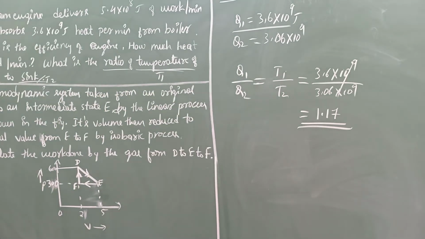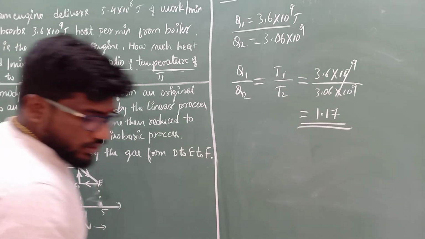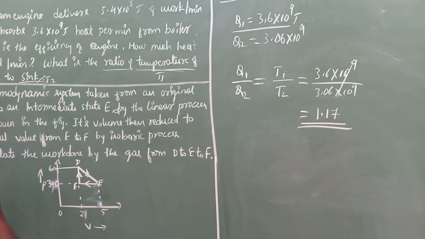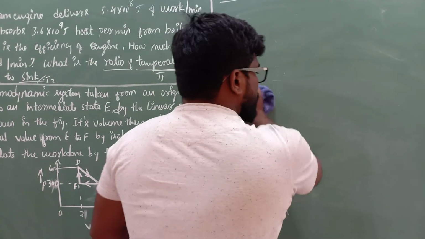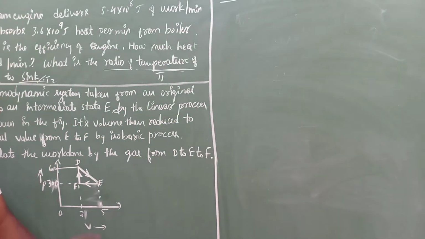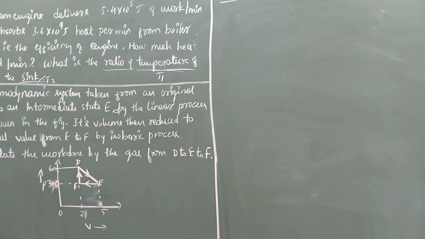Okay, this is very important. You just go through the numericals. The thing is, you must understand the problems properly, then you have to solve. If you don't understand the problem, then there is no use of solving it. So next we have another question. We have a graph here. What is the next question we have? Just read the question. After solving the question, you have to write the solution in your notebook, and reproduce that in your physics notes.